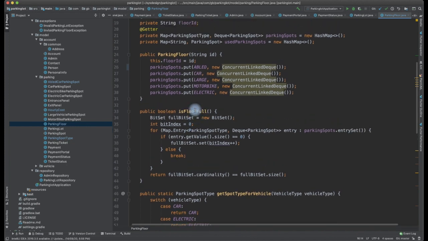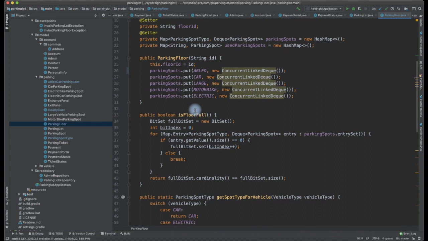And used parking spots. Whenever somebody parks into a parking spot, I am removing it from the deque and then pushing it to the used parking spots. Why have I modeled this as a map? When somebody vacates the parking spot, we need to get that in O of 1 operation rather than an O of n operation. Assume the used parking spots are modeled as a list. We would need to iterate through the entire list with the appropriate parking spot ID and then remove it. But if we have modeled this as a map keyed by parking spot ID, I should be able to remove it from the map directly.